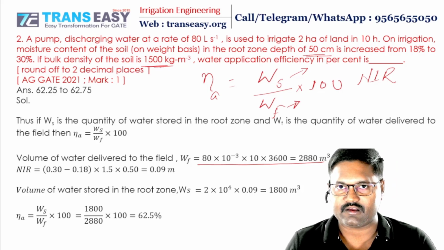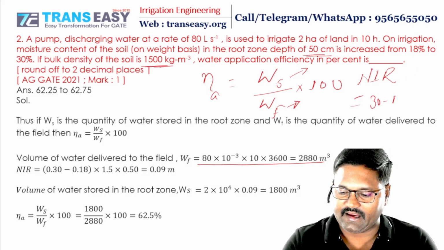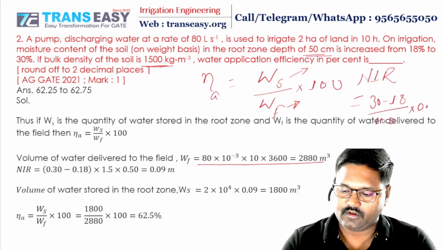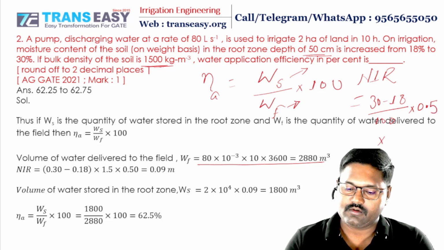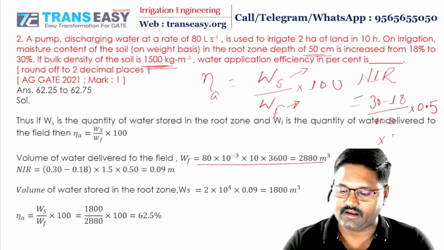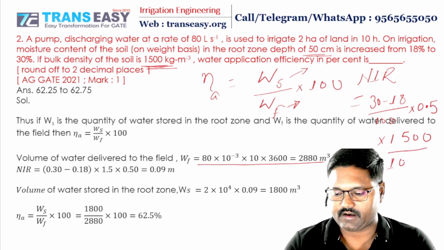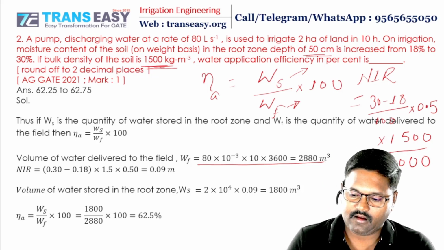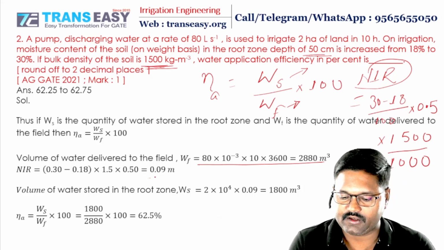So we can find apparent specific gravity G. So NIR is 30 minus 18 upon 100 into depth of root zone into G. And we have net irrigation requirement 0.09 meter,